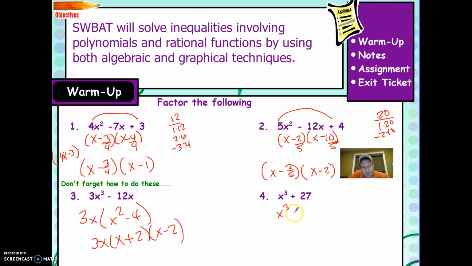Now keep in mind that this is the same thing as this. 3 to the third power, 3 times 3 times 3 is 27. So if I rewrite this to this, then you understand why it's different. It's sums of cubes. So sums of cubes is written as x plus y multiplied by x squared